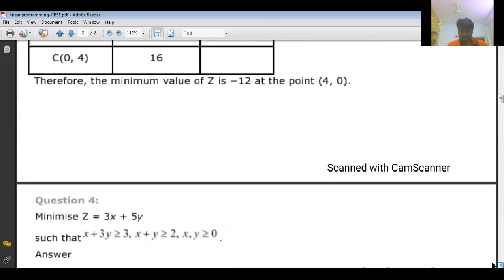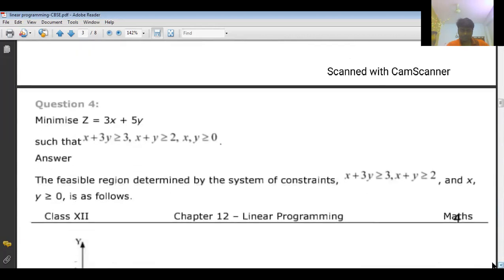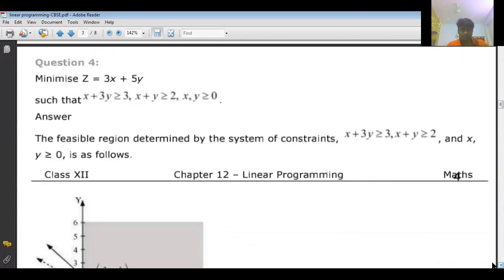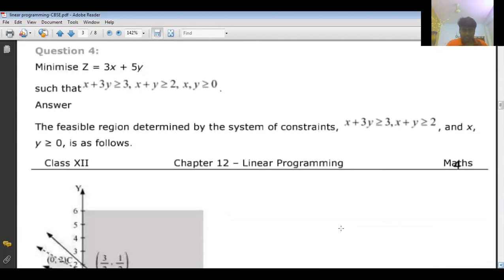Now like that we can check question number 4. Here both are given as greater than or equal to. So both are greater than or equal to means the graph will be outside the origin. Like that. Correct? So the graph will not be bounded in this case. Question number 4, the graph will not be bounded and closed. So for that, what do you do? We'll see now.